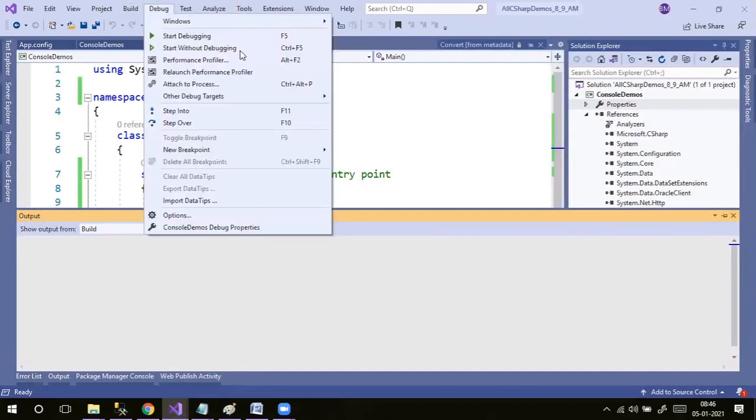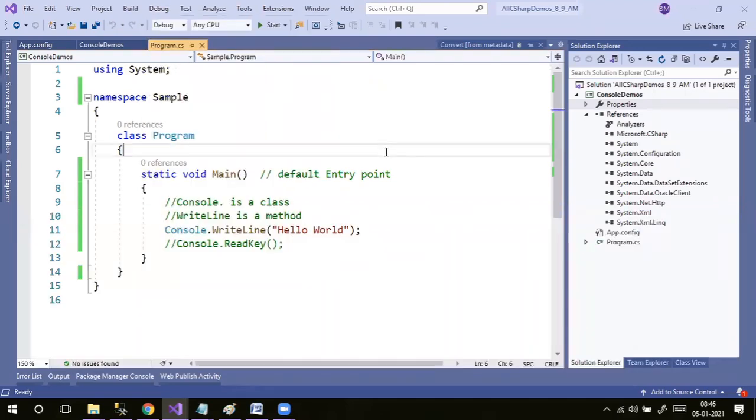So what is Control F5? Control F5 means start without debugging. Even though breakpoints are there, it won't stop there. And F10 is used to move to the next step. F11 is used to move to the previous step. Not now, for this single line of code,